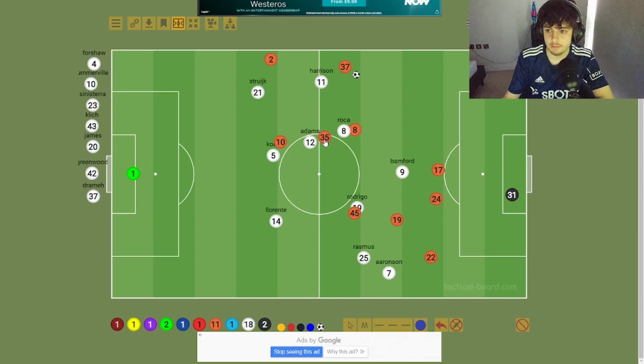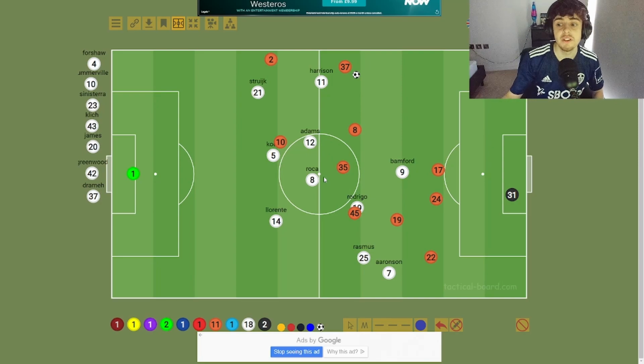You see? So it's these two in here. These two are vital for any type of press. These two set the tone for where everyone else can press. If they're in a good position, these guys can go crazy. Even one of those could join them. Harrison can tuck in. Then the only ball is out wide. As long as this area is covered, Leeds are happy.